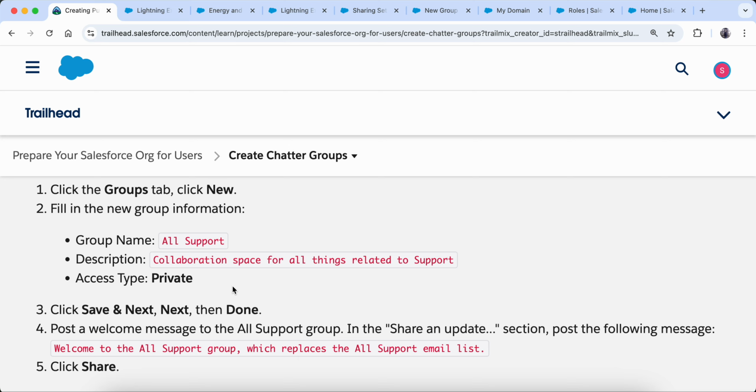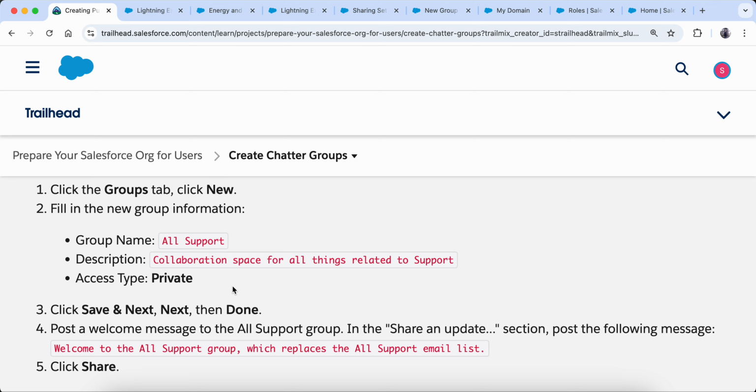Also in Chatter we have Chatter streams. What Chatter streams are: suppose I follow someone and I want to see the updates of that person. If the stream is on for that person, I can see their updates. So this is how a stream works. I can see real-time updates from that person. So these are the two things.